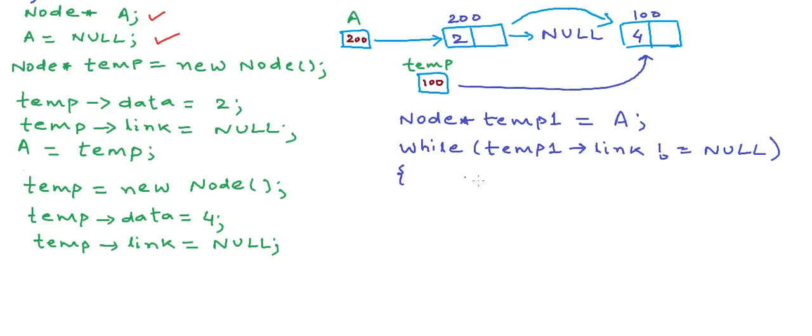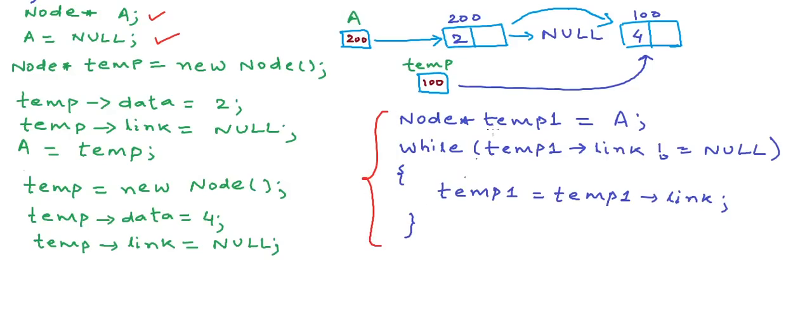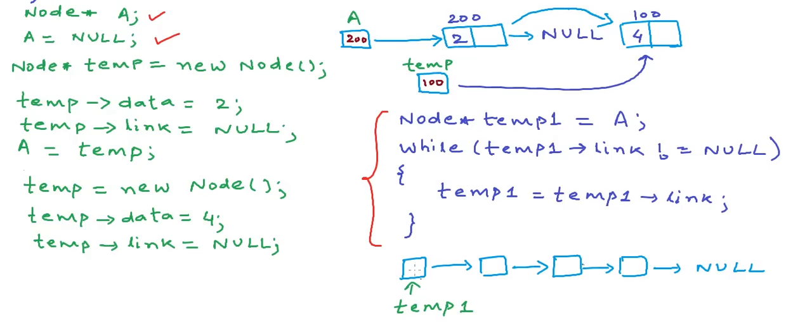Now this is generic logic to reach the end of the list. It will not be so clear if we see this logic with only one node as we have in this example. Let's draw a list with multiple nodes. So we are pointing temp1 to the first node here, and if the link part of this node is null, we are at the last node, else we can move to the next node. So temp1 equal temp1 dot link will get us to the next node, and we will go on till we reach the last node.